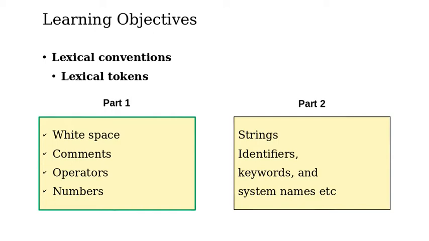In this video our learning objective is to discuss basic constructs and conventions in Verilog. These conventions provide the necessary framework for Verilog HDL. The lexical conventions of Verilog HDL are similar to those of the C programming language. Verilog contains a stream of tokens. These tokens are divided into two parts. In this video, lexical tokens shown in part 1 will be discussed. So let's start.